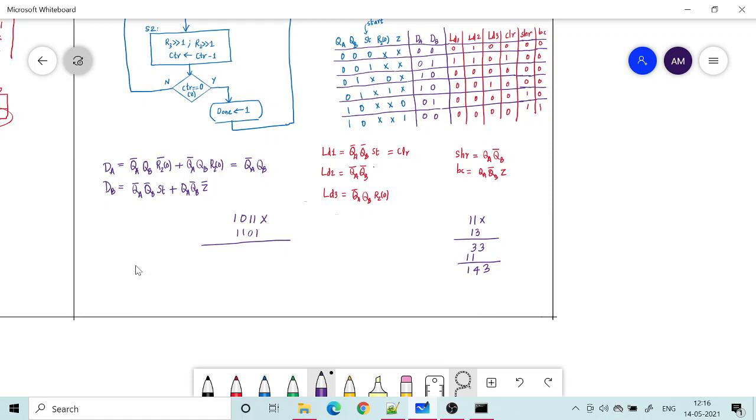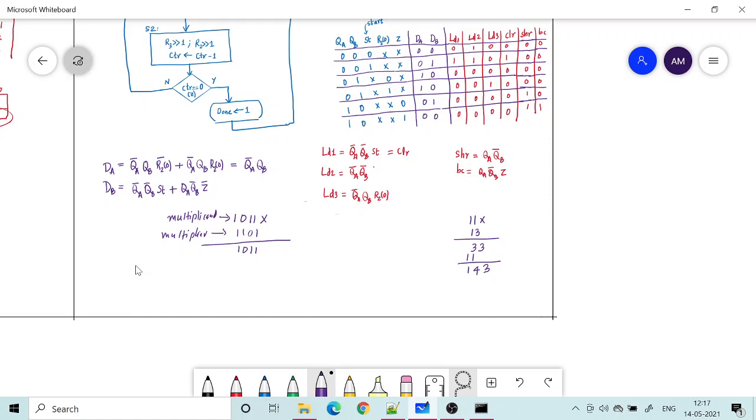So now if I do the same procedure in binary, how do we do it? We take 1. If it is 1, what do we do? We have to write 1 1. Okay, so if it is 1, we just take it down. So this is called the multiplicand, and this is called the multiplier. Okay, so if the LSB of the multiplier is 1, we just take it down.